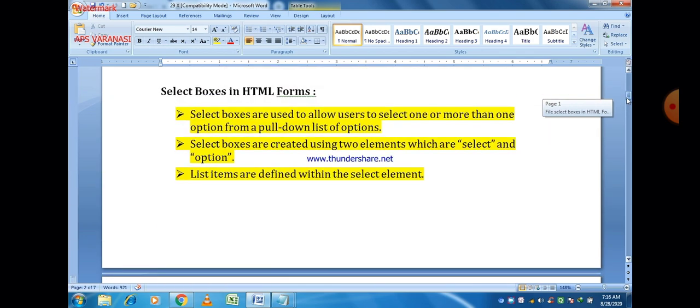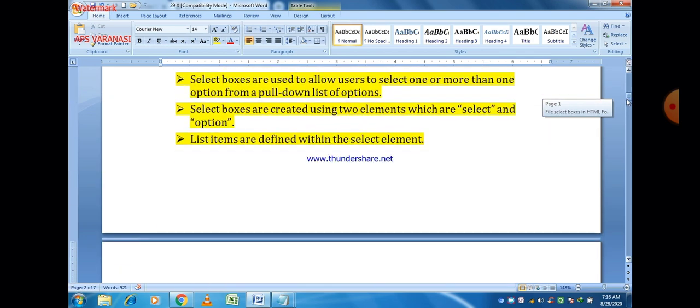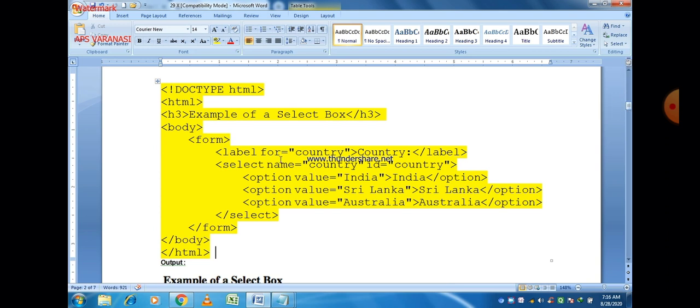So there is a drop down list here. The select box is basically used to select options from a drop down list. So the main points are select and second is option. These two elements are used for that purpose, and all other things remain the same as we discussed in our previous video or previous example.